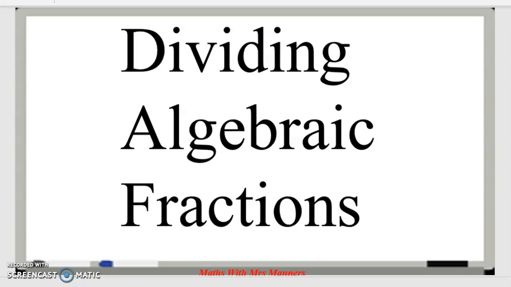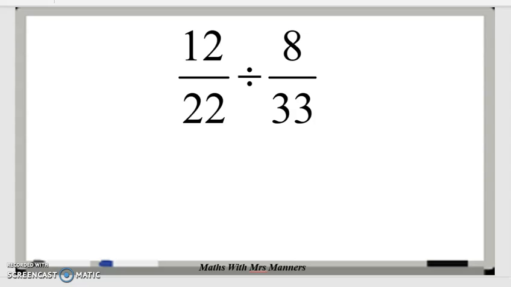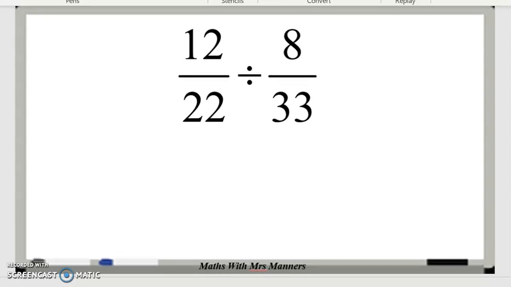This video will be on how to divide algebraic fractions. So before we look at how to divide algebraic fractions, the best thing to do would be to revise how we divide regular fractions. And some of you may remember a little saying that makes it quite easy to remember,